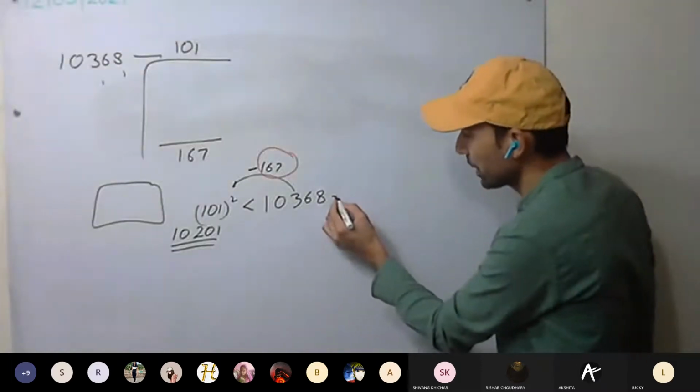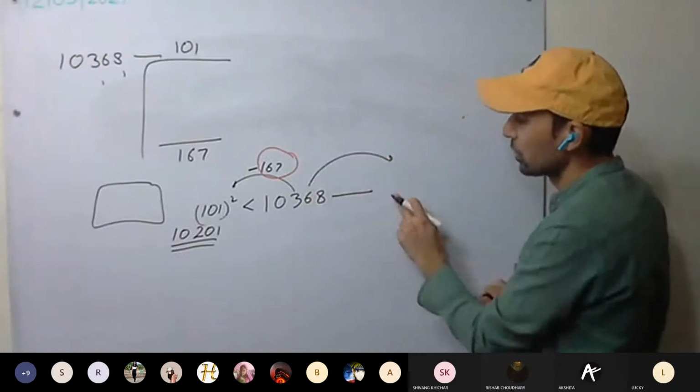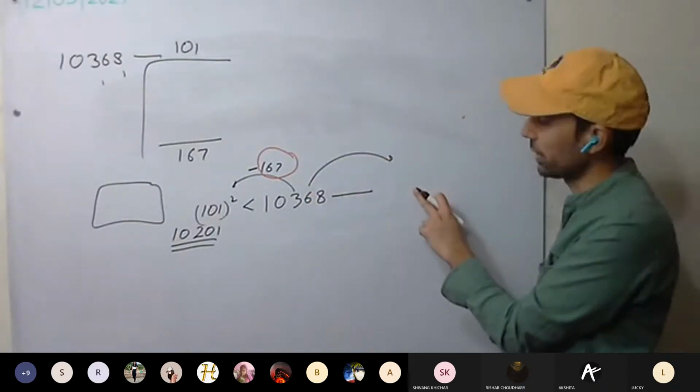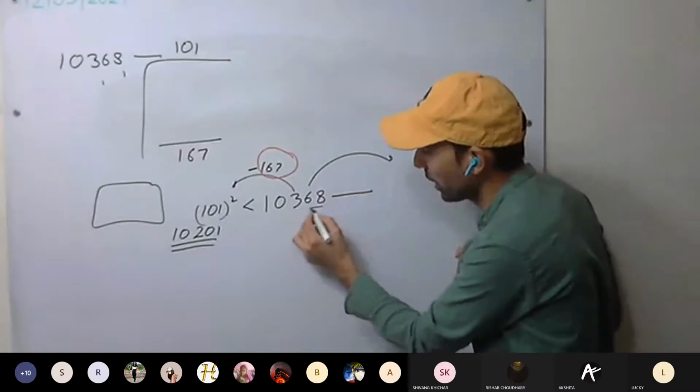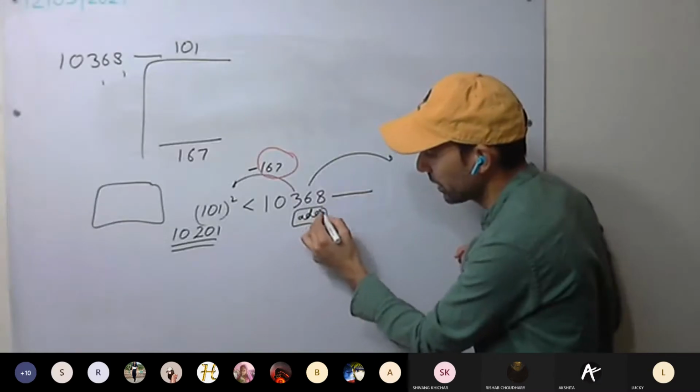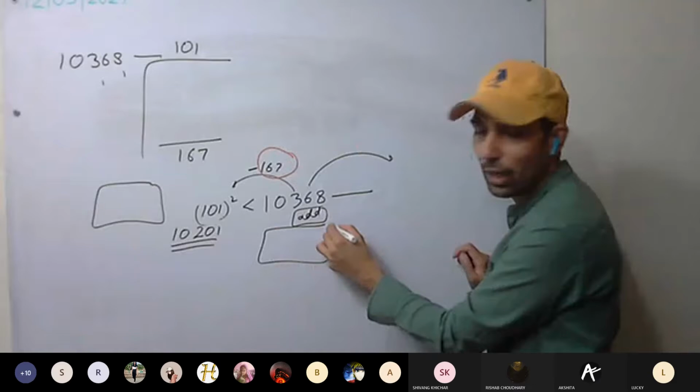Now, by what number must we increase it so that it becomes a perfect square? So if we are increasing, we want to add something to this so that whatever result we have,